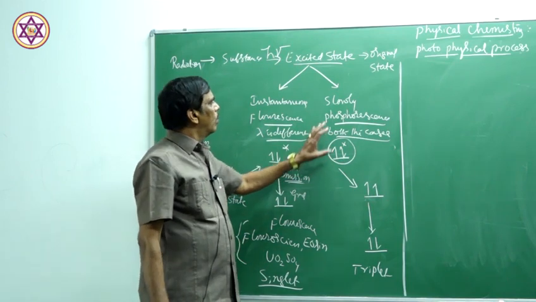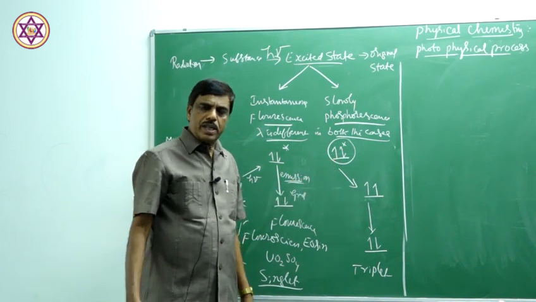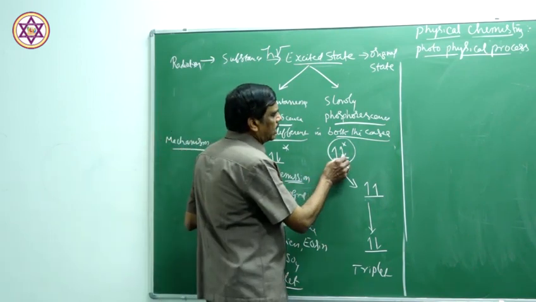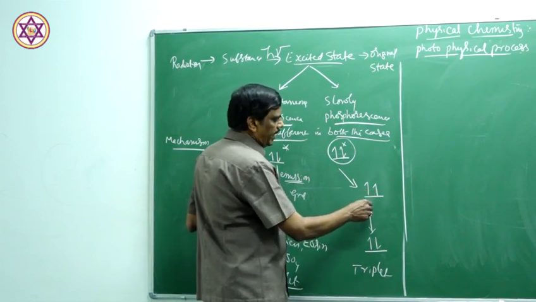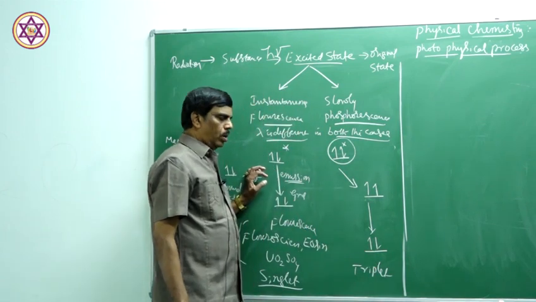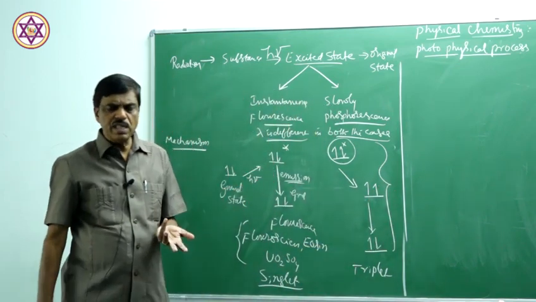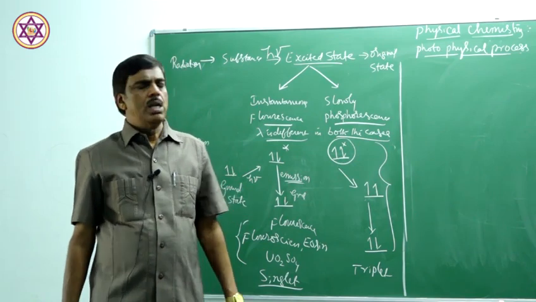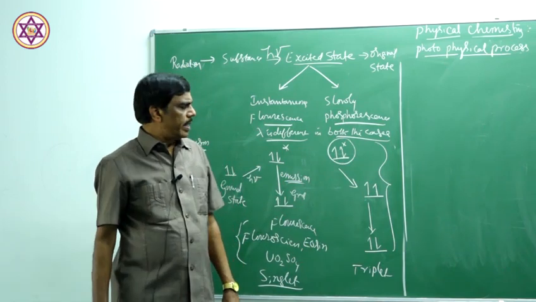Whereas, in the case of phosphorescence, the excited electrons do not come back to the ground state immediately. There is a slow process. In the slow process, the spin of the electron changes to the up spin or down spin, and then again the spin changes and it comes back to the ground state. During the change in the spin, it takes some time. Therefore, phosphorescence is a slow process. Slowly it emits the absorbed radiation.